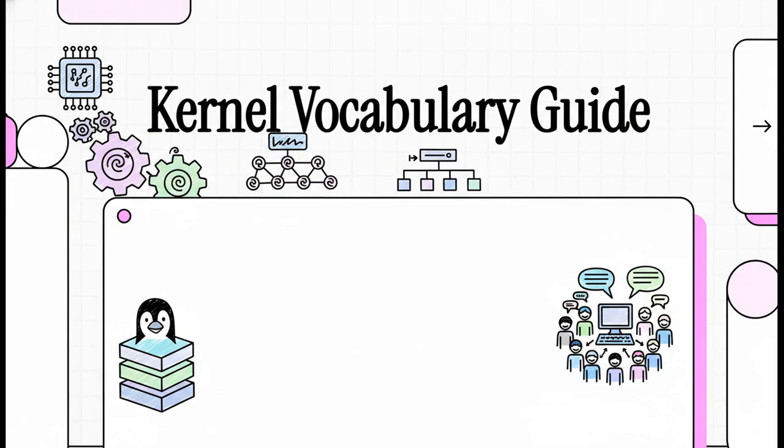Welcome to The Explainer. Ever wonder what's really going on deep inside your phone, your smart TV, or the servers that basically run the internet? Well, today we're going to peek behind the curtain at the digital brain behind it all, the Linux kernel. To do that, we've got to learn its unique language. It's how we'll understand the way it works, who actually builds it, and why it's one of the most important pieces of software ever created.